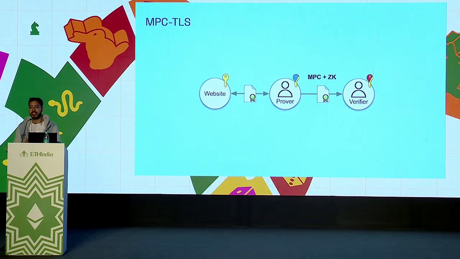With MPC TLS, multi-party computation, we use Bob as a verifier and Alice as prover, and you together take part in the key exchange. But for the server, it's still the same key. For the server, it's just one user. He doesn't know if they are Bob or Alice. Nothing changes for the server. It's just for the prover and the verifier.